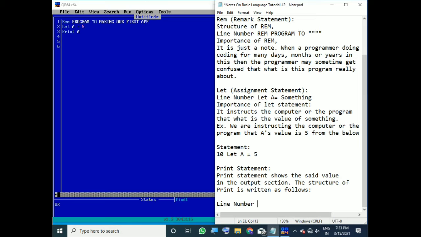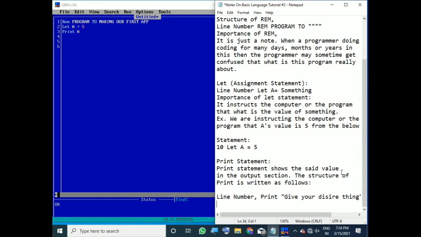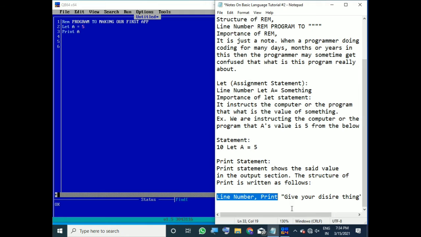If I write the line number, then let's give one comma, and do not give the comma in the program. Then print, and then double quotes, give your desired thing, and then close the double quotes. It says to give your desired thing here, always give double quotes.